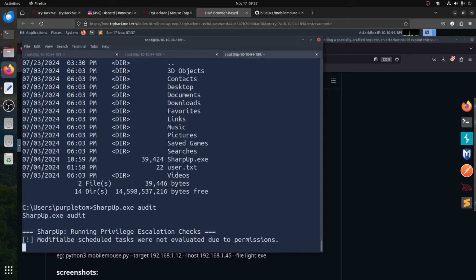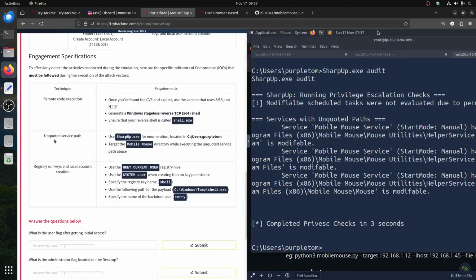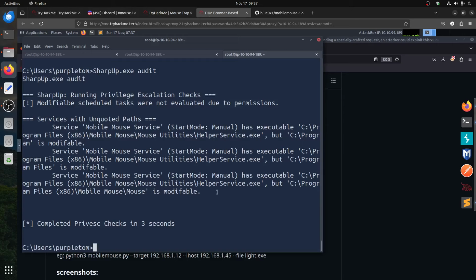What modifiable service tasks were not evaluated? I remember here we already know the answer because it tells you it's unquoted services, so we're not doing some kind of enumeration of the Windows machine. And then they tell you to target the Mobile Mouse directory, so we already gave you the answer. So we have the issue of unquoted service paths. This is one of them in Windows when the service path isn't quoted, and there are spaces, like in Mobile Mouse service. We call it unquoted service paths. If you don't quote them, you can trick the system to